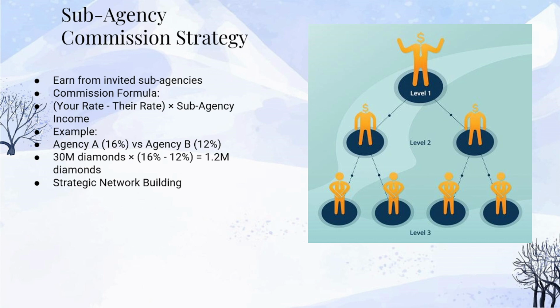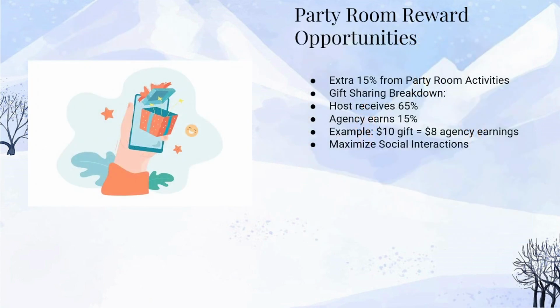Absolutely. So wrapping up their example, Agency A's total commission is that initial $8 million figure they gave for direct hosts, the one that was a bit unclear how they got. Right, that one. Plus the $1.2 million from Agency B, plus the 0 from Agency C, for a total of $9.2 million. Okay. So complex, but the sub-agency part seems driven by those rate differentials. Definitely. Now, what about these party room agency extra rewards? This sounds like a whole different layer of benefits.